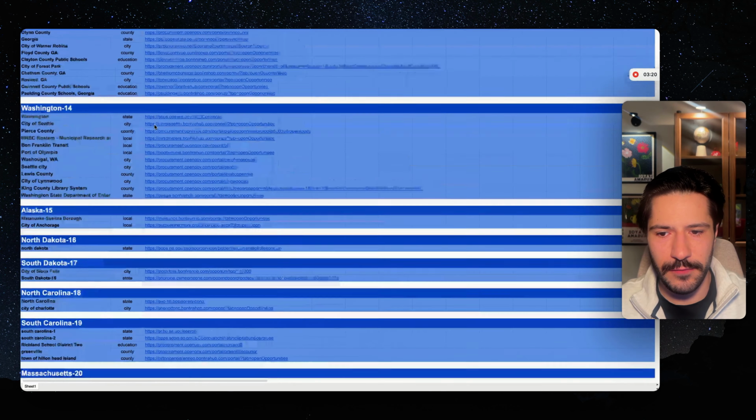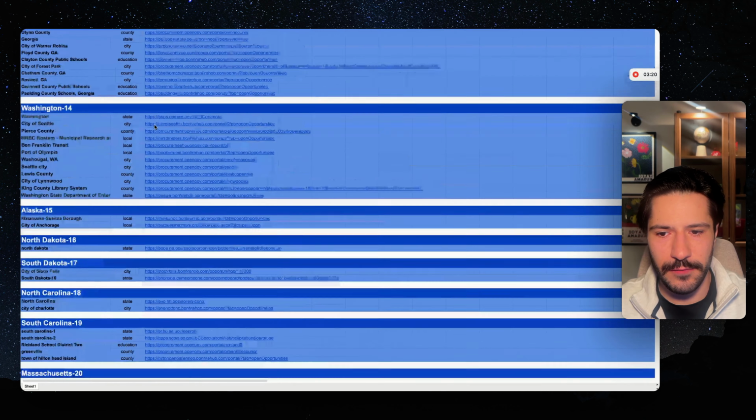So what you have to do is go to your state. Let's say your business is based in Texas. Well, you can see that the level is the state. So this one is a state procurement website for the state of Texas. And then you also have cities. You have San Antonio, for example. You have Dallas, Austin, Houston, and so on. And then you have also listings on the county level and then the education level. As you can see, this one is a community college.